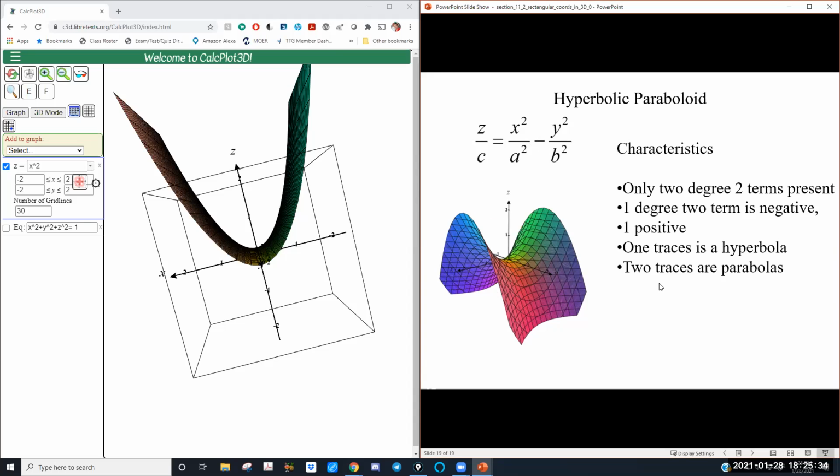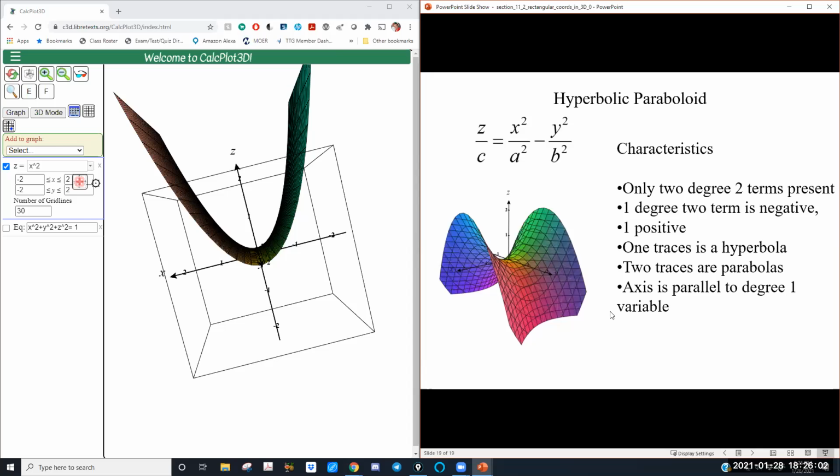For an honors project a couple of years ago, I had a student create a Pringle with a 3D printer, and she did it by making it a hyperbolic paraboloid that was cut out in an ellipse in the shape of a Pringle. And she used the 3D printer to print out basically a plastic Pringle chip. It was pretty cool.